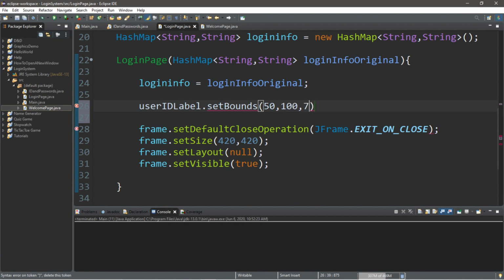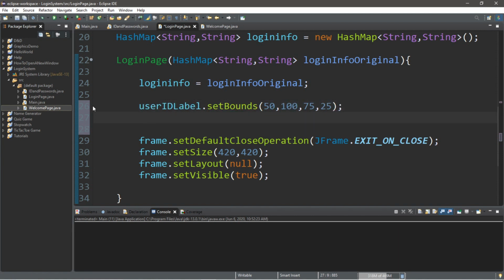Then we'll make this 75 pixels long for the width and 25 for the height. And let's do the same thing for our password label. So I'm just going to copy this, paste it, make a few changes. userPasswordLabel. And we will change where Y is 100 to 150. Then we'll keep the other dimensions the same.